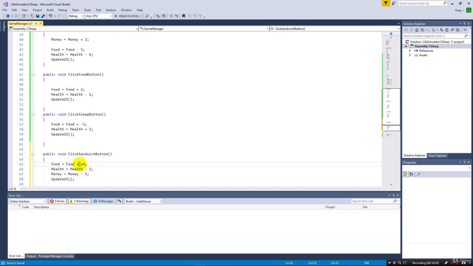Well, that might be a little much because we're not getting enough food value for the work that we might be able to do. So let's only charge $3 for the sandwich. And that's part of the gameplay in making a good game, is coming up with, you know, what values make sense. So as you unlock things, it's fun and it's progressive. But we're just going to stick here with unlocking. Our click sandwich button will now give us more food, a little, you know, less health, and take away money this time. So we'll run it